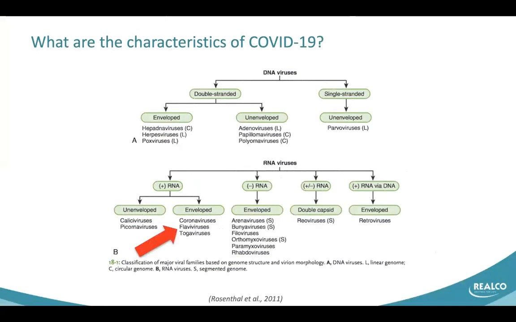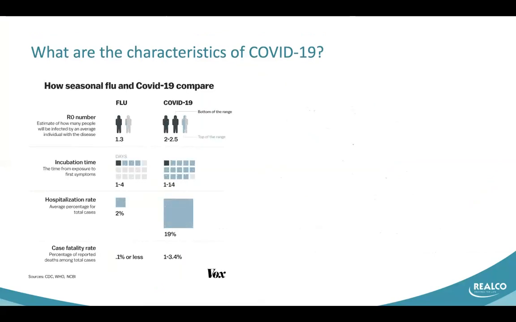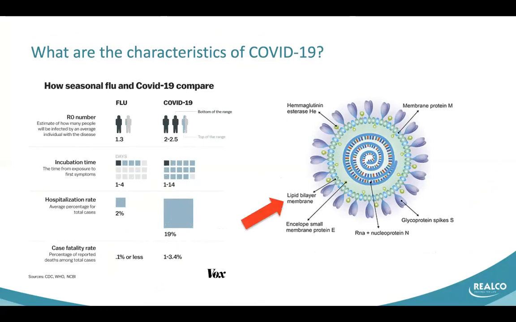So in this graph, we have a classification of viruses. We have DNA viruses and RNA viruses. And we have also a second classification with enveloped and non-enveloped viruses. And we can see that the coronavirus or COVID-19 is an RNA virus with a lipidic membrane. So more specifically for COVID-19,